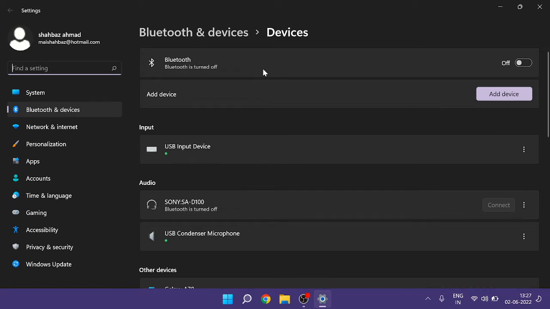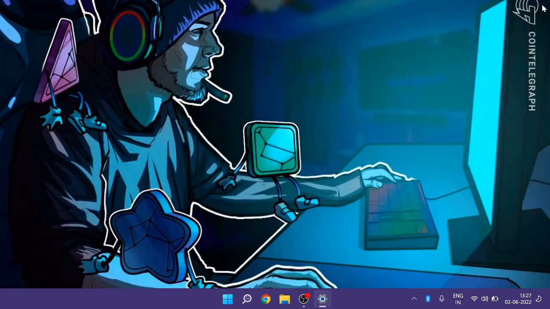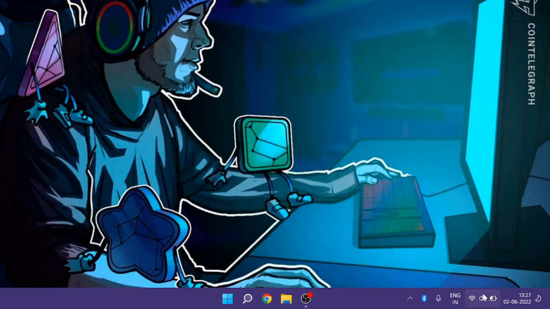Right now you can see it's been turned off, and if I try to use Bluetooth or its services, it won't work because Bluetooth has been disabled from here. So the first thing you have to do is enable it, and after that you can start connecting to any other device or receive a file from any other device. You can check, and if this still doesn't work for you, just close it and click on the action center here,